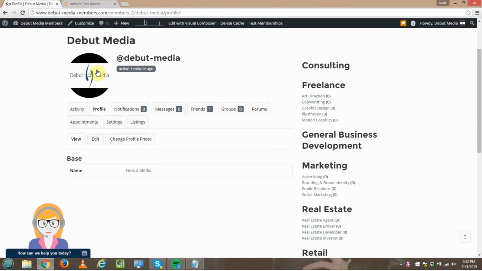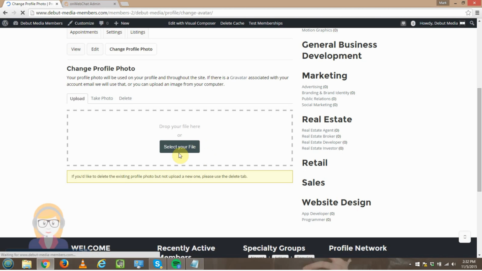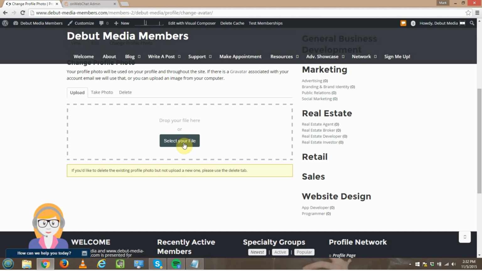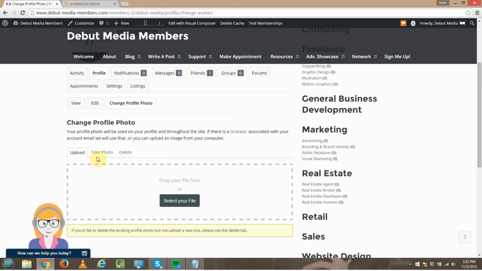So first thing you'll see is the profile image, and if you don't have one here, if you click on profile, you'll see where it says edit or change your profile photo. And it's simple. Once you click on this button, it will take you through the area where you can change your photo. Then you will scroll down and select your photo from your hard drive or from someplace on your phone. If you're on your computer or laptop, you can also click on take a photo. You can actually take a photo directly and upload that